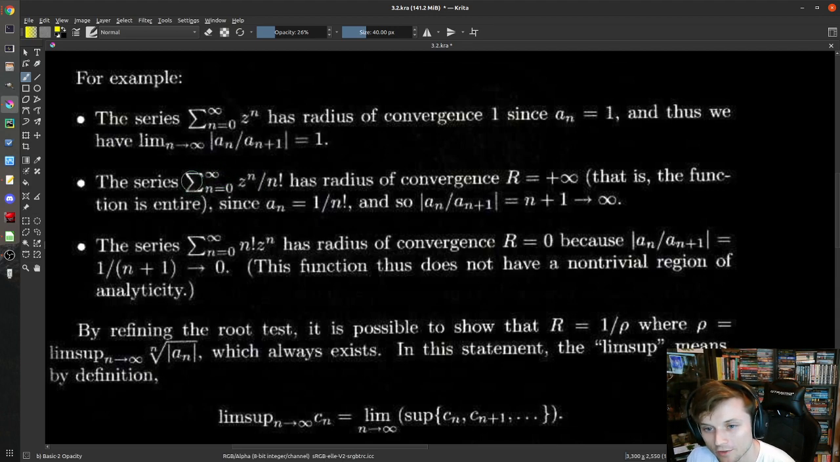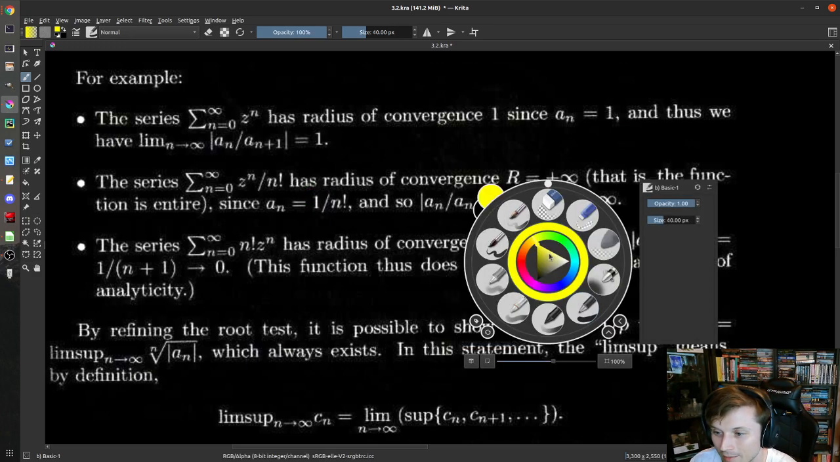Similarly, if you're looking at a series whose terms are given by z to the n over n factorial, this guy may seem a little bit familiar. This is the exponential. This has a radius of convergence of positive infinity, that means it's entire, of course, and an is 1 over n factorial, and so if you look at the ratio of the terms right there, you can just write this out. Actually, I'm sure everyone sees it, but